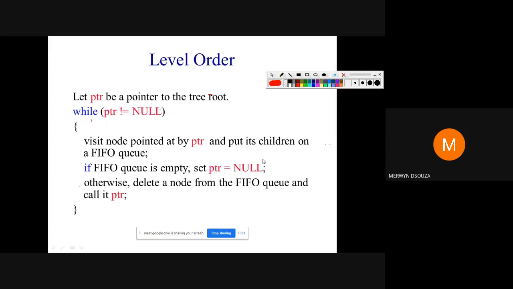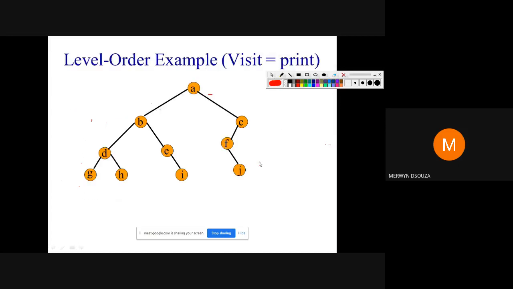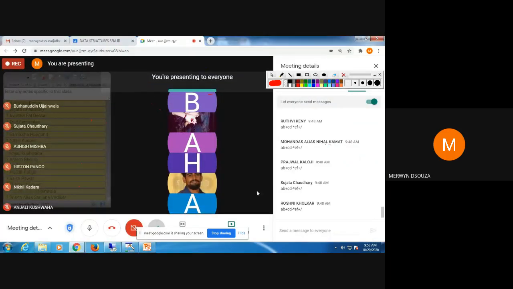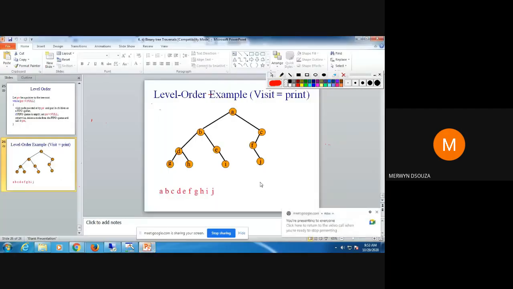So any questions about this level order? I think it's okay with everyone. So this is the fourth type of traversal, level order. So in-order, pre-order, post-order, and level order.